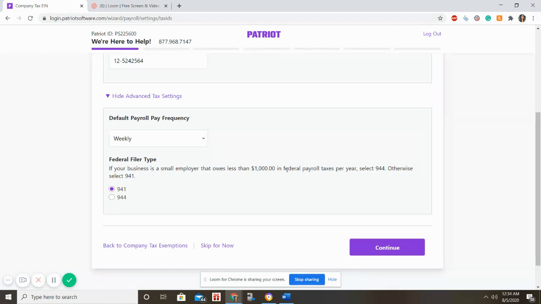The 941 is filed quarterly. If you're not a small employer and you will owe more than $1,000 in payroll taxes for the year, you can select Form 941